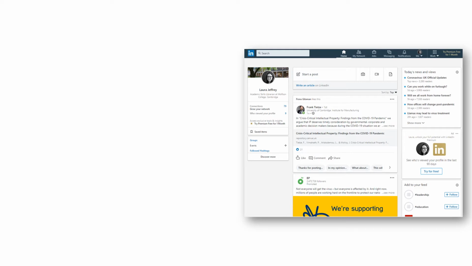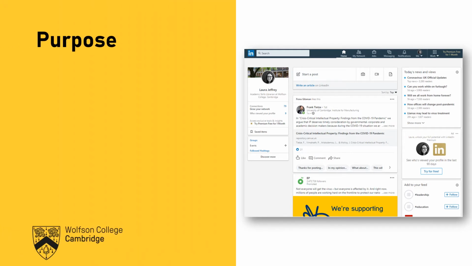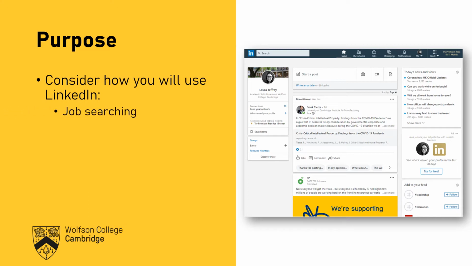So as with all things that you create online, before you actually get started, it's really important to think about the purpose of what you're creating. Is it because you're looking for jobs and you want people to look for you on there and perhaps to be headhunted? Is it to network with other people to create a series of connections? Or is it a way of perhaps staying in touch with alumni once you've moved on? If you create a series of connections now, you'll then be able to touch base with them in future. As I've already mentioned, it's really important that whatever you do, you need to have a complete profile, and that way you'll be highly ranked within the search engine that is LinkedIn.